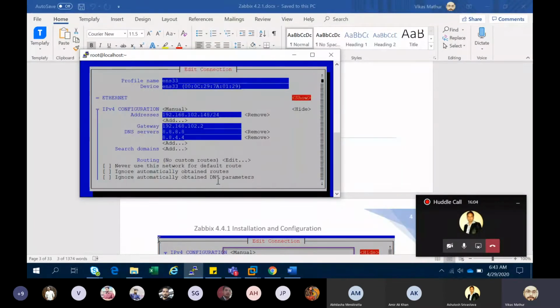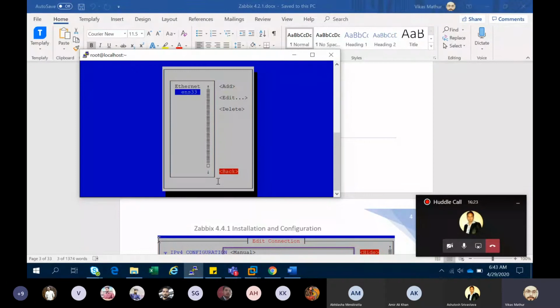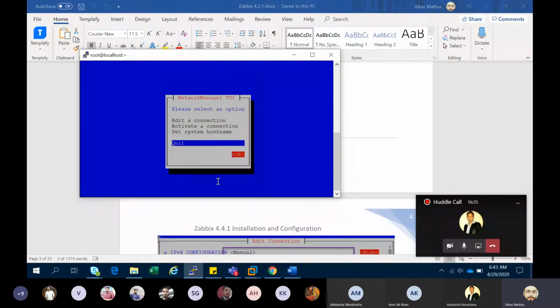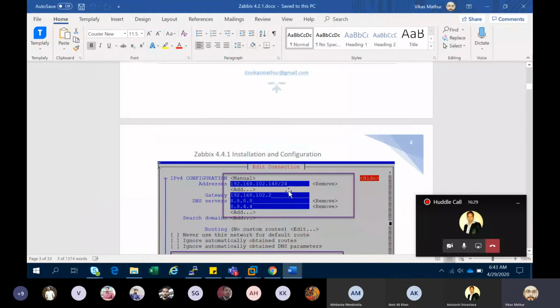Here I have just set up my static IP address. I can easily find out my gateway. Through this command I can find the gateway, and then I tell it about my DNS server, that is the Google DNS, 8.8.8.8 and 8.8.4.4, and just set it. So this is how we can give a static IP address.